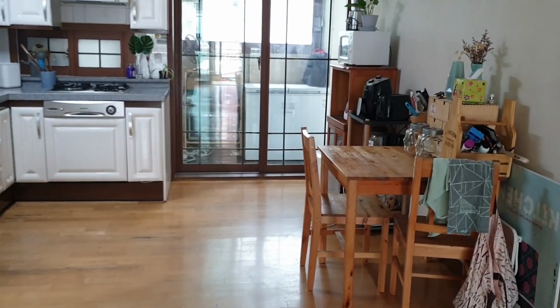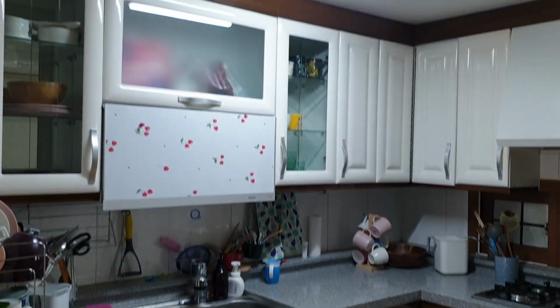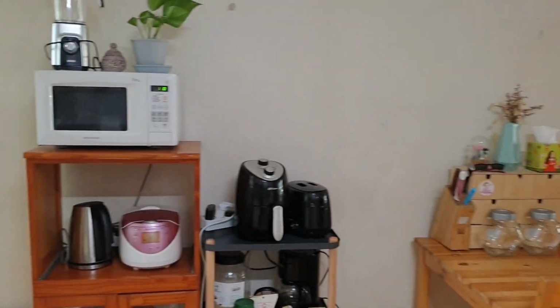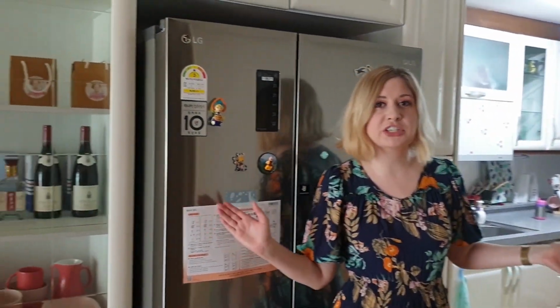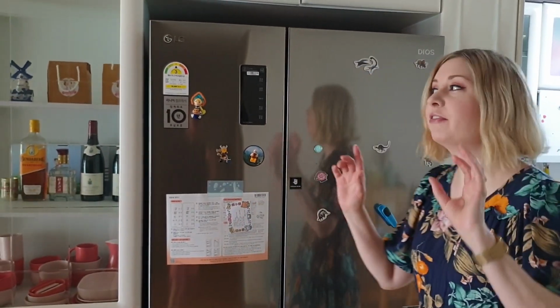Okay, we'll head back inside and I will show you the kitchen. Oh, firstly, fridge. Does this look like a big fridge to you? It's not a big fridge. It is a small fridge in Korea. We actually had to find the ones that are smaller like this because most fridges in Korea are like,